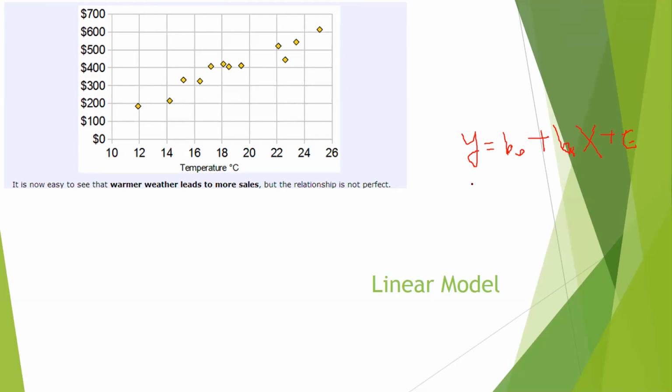So the linear model is used to evaluate the potential association between two random variables of interest. So here is an example. We have two random variables here. The first one is the temperature of the day. The other, y here, is the sales of the ice cream. So suppose you are an ice cream salesman